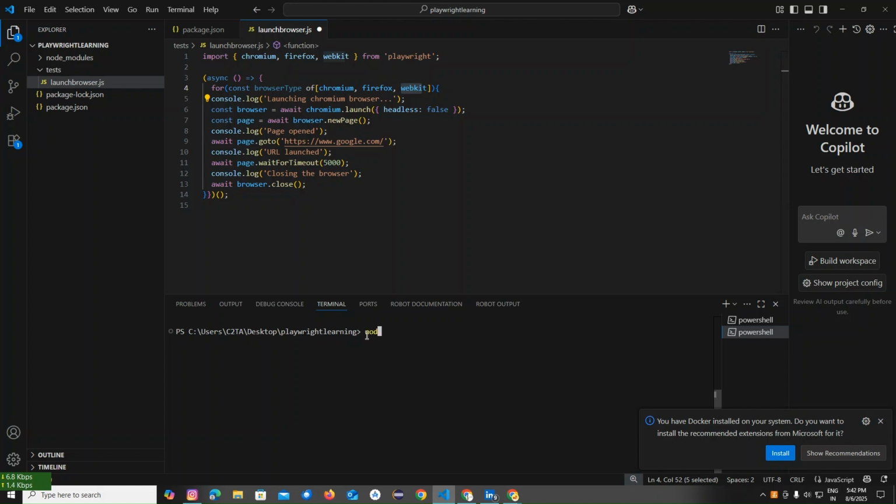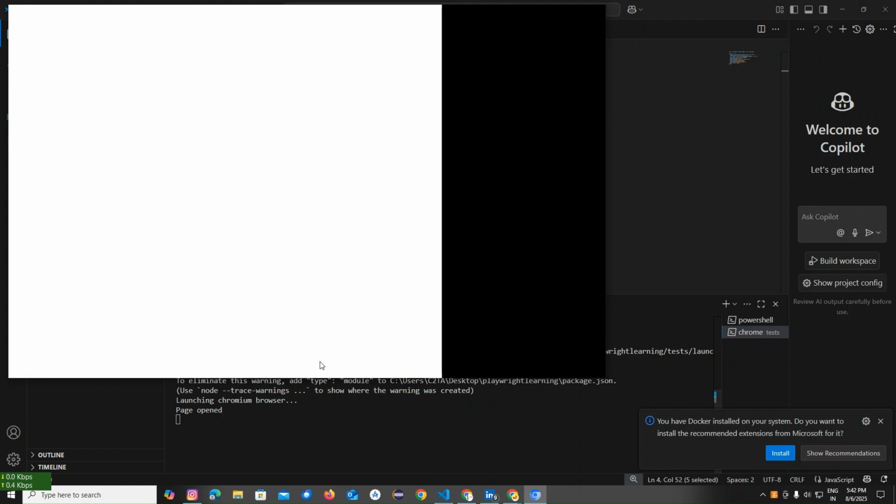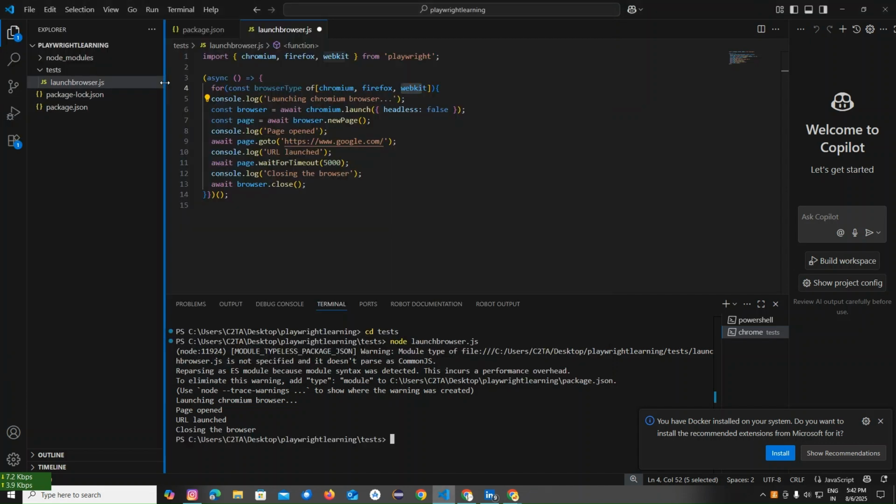For that, I'm just going to write. First, I should go to the test folder, cd test. Now I'm going to run the same command which we used yesterday, launch browser.js. Let me run it. First it should launch in Chromium. First it launched in Chromium. Now it should close it and